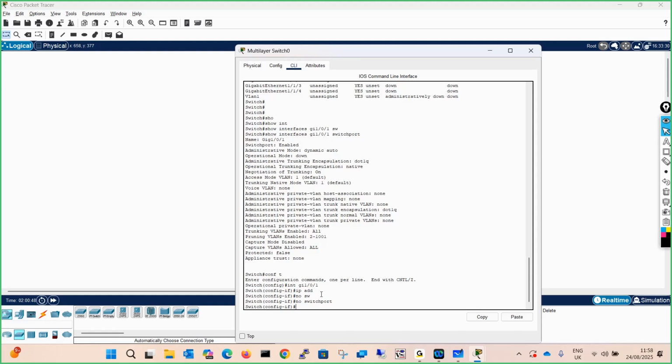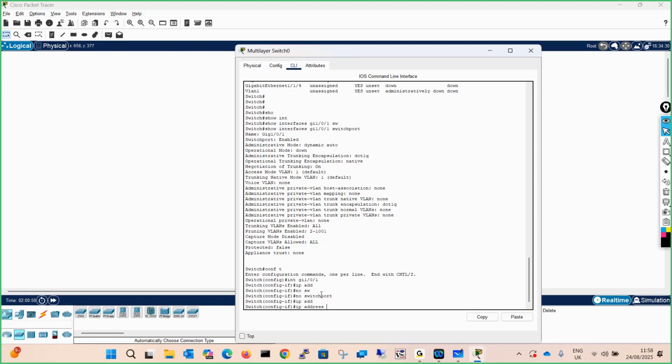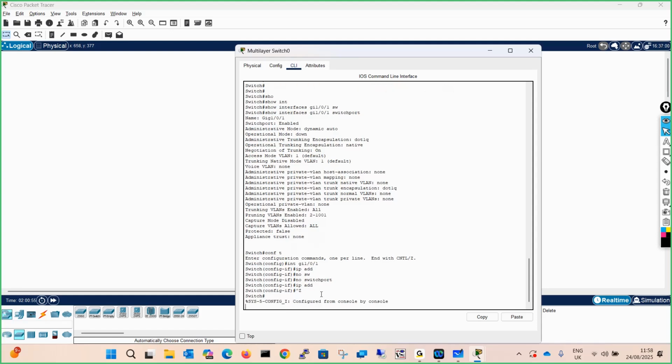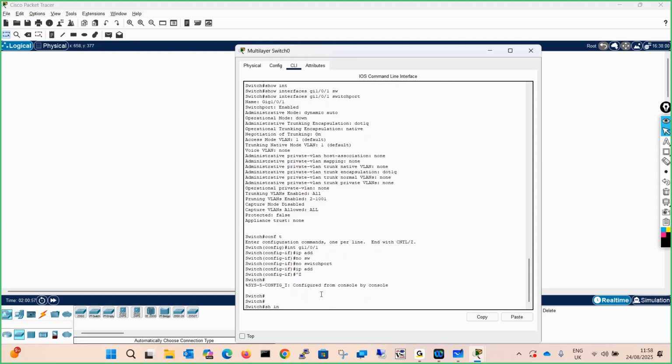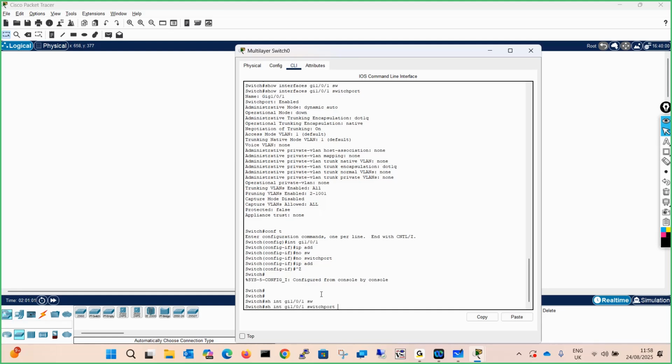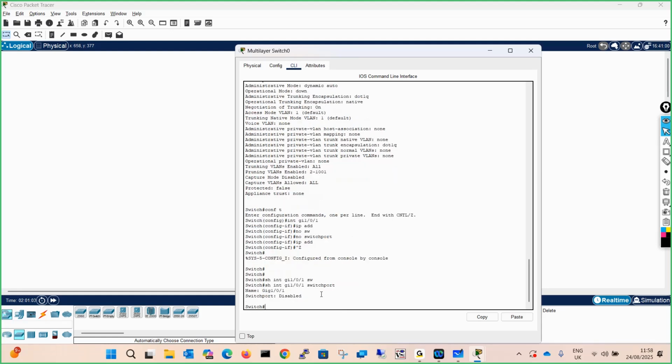Now try to give the IP address. See, the command is working. But before that, come out and check show interface gig 1/0/1 switchport. Hit enter. See, it says the name of the port is gig 1/0/1 and the switchport is disabled.